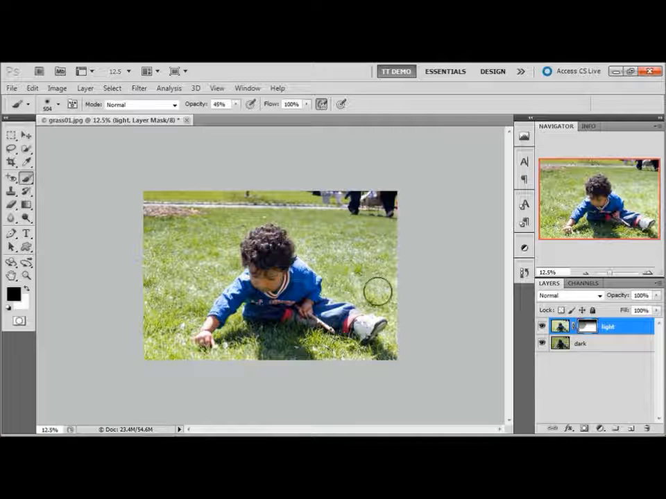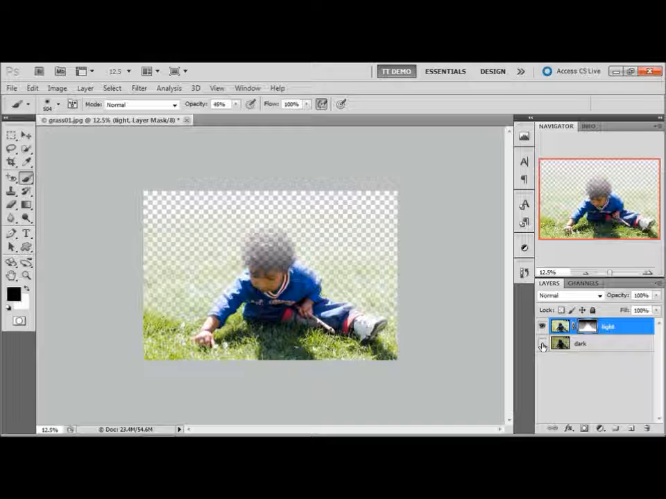We're getting a nice subtle result that is realistic and believable. And there we go. We've combined the best elements of both of these layers. If I turn off this dark layer, you can see exactly what we've done. That's the amount of the light layer that's being hidden by the mask, allowing the dark layer below to show